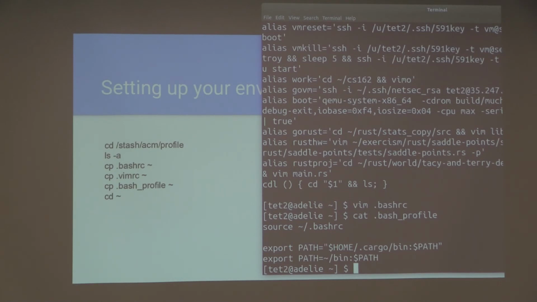It's not going to do anything, so don't worry. Just :Q. Okay, there we go. You need a WQ. There we go. Okay, and now you can do a source.